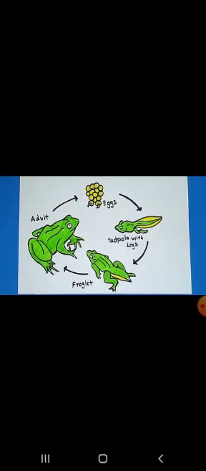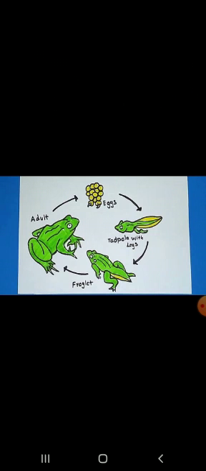The first one is the life cycle of fish, which starts from the laying of eggs by an adult fish. From the egg, the fry hatches out, and then it develops into an adult fish again. Then the life cycle of frog. They also lay eggs, and frog eggs are also called spawn, which develop into tadpoles that hatch out of the eggs. The tadpoles then grow into froglets, and froglets grow into an adult frog again, which lays eggs. Fine.